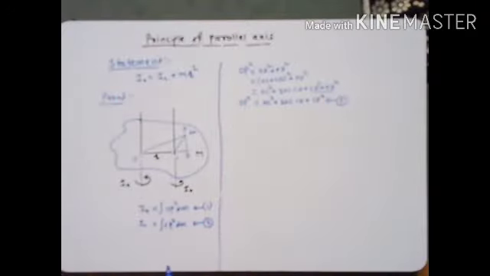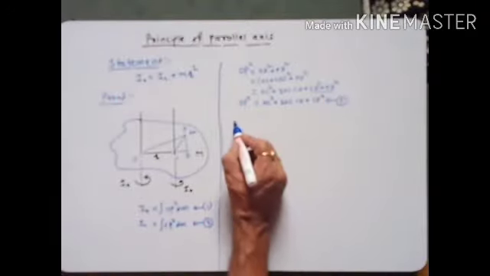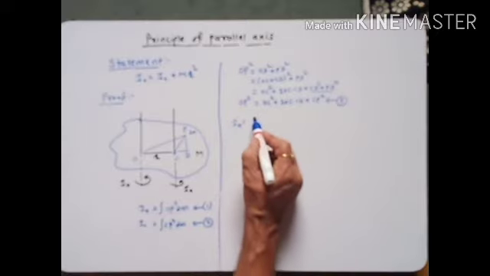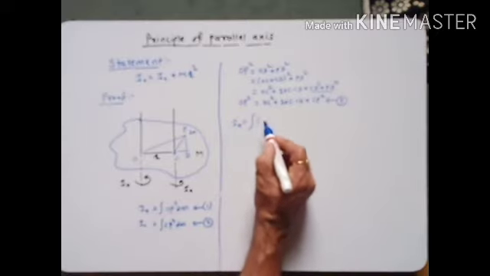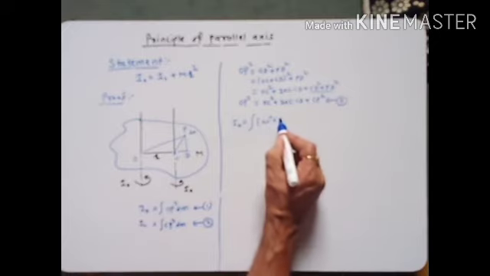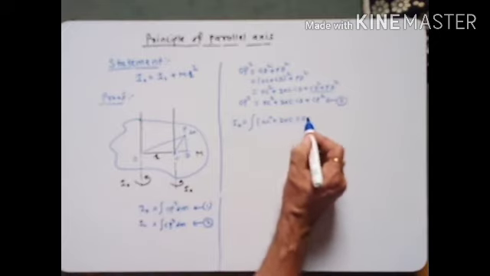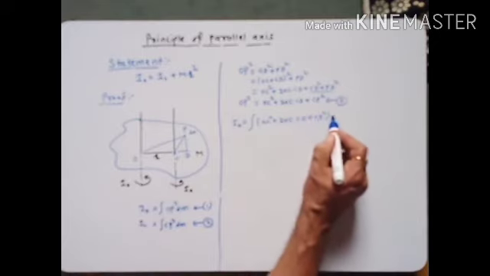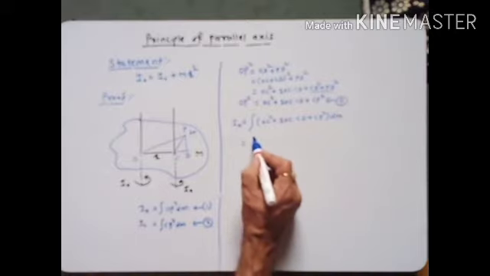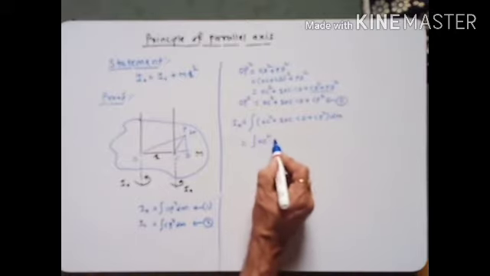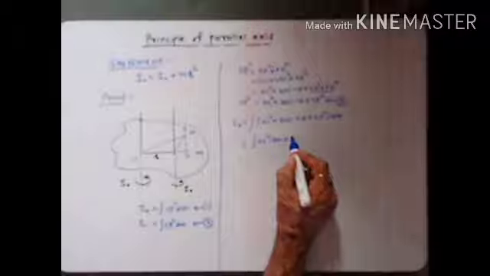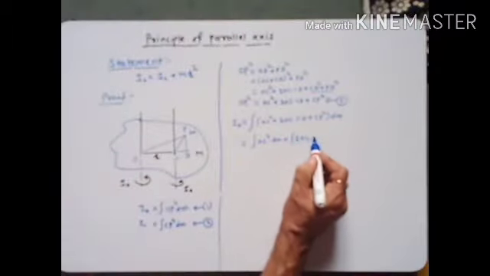We put equation 3 in equation 1, then we get here I_O is equal to the integration of (OC squared plus twice OC·CD plus CP squared) dm. Now we split this integration: integration of OC squared dm plus integration of twice OC·CD dm